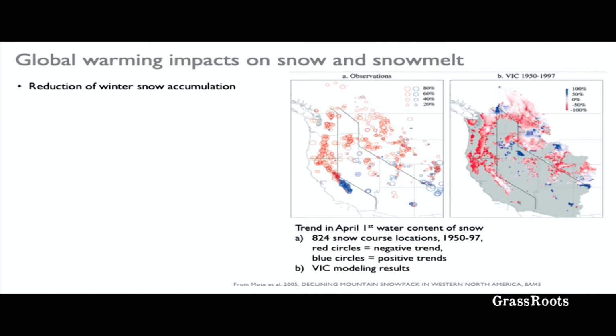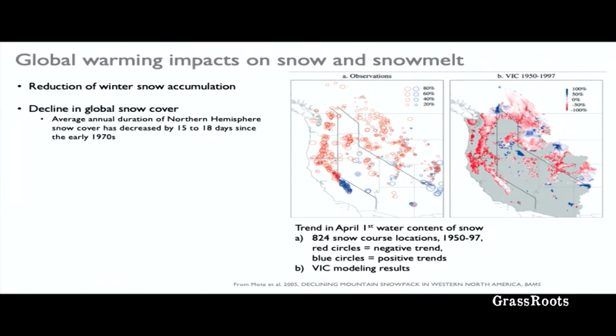This was a study that was looking at data from the 1950s through 1997. Each circle is a snow course location. If the circle is red, it indicates there was a negative trend from 1950 to 1997. If it's blue, there was a positive trend. And the size of the circle is how positive or negative that trend is. These are modeling data, but you can see that there is, across the western US, a reduction of winter snow